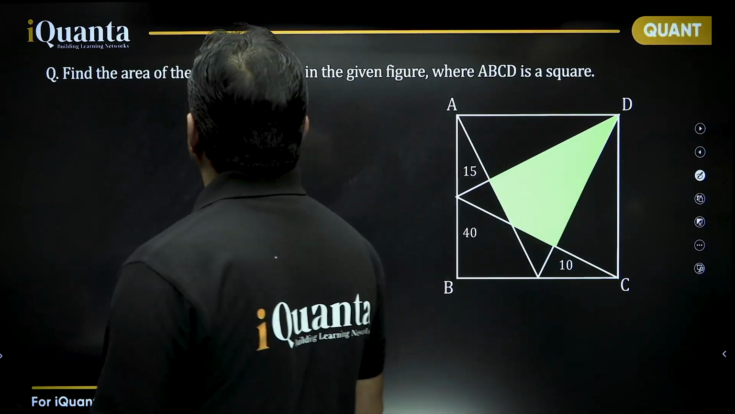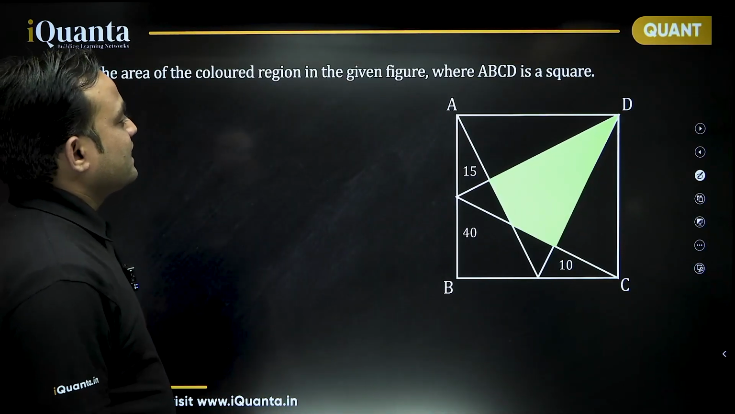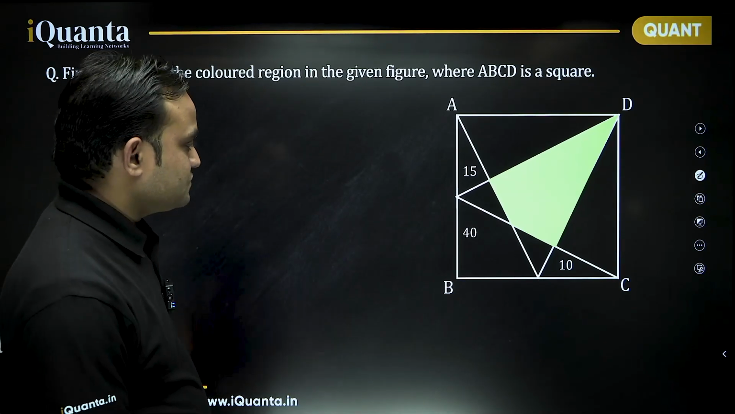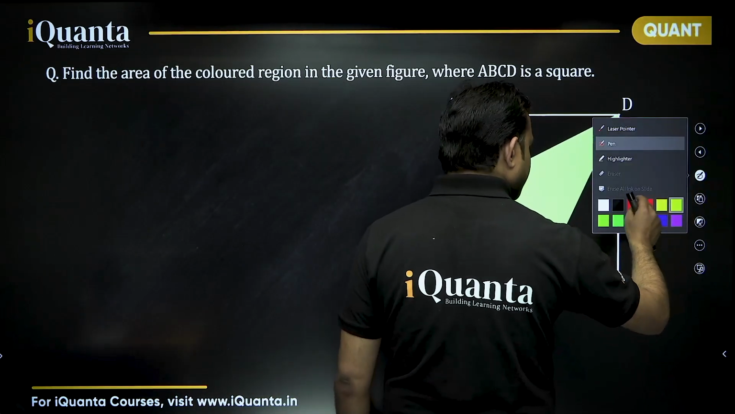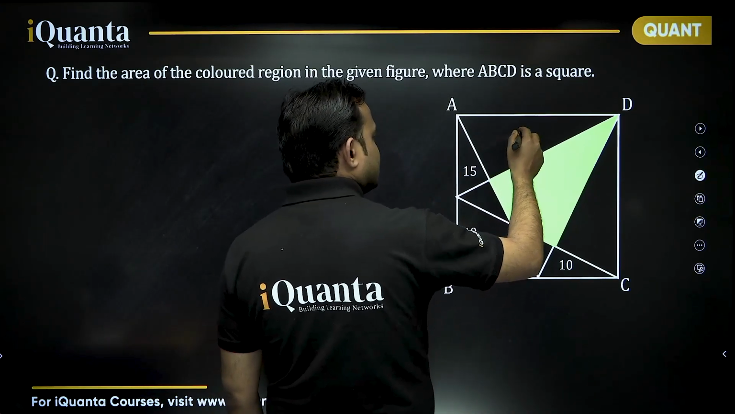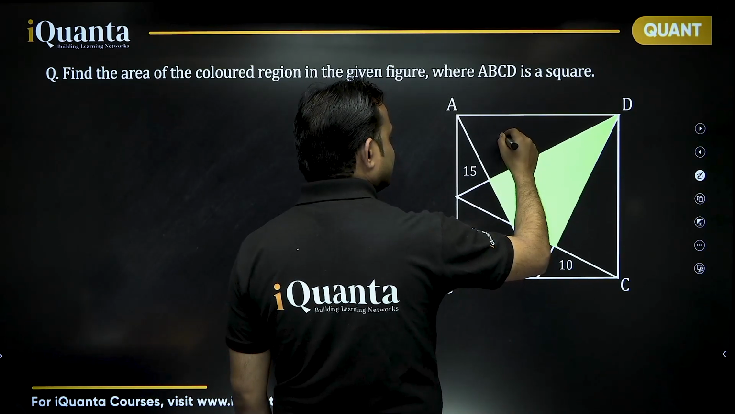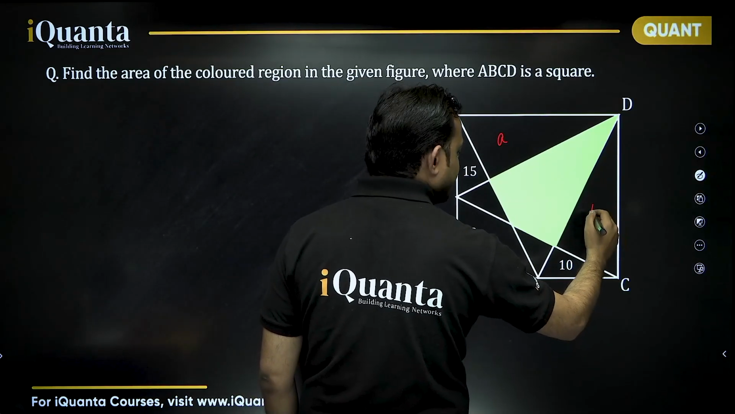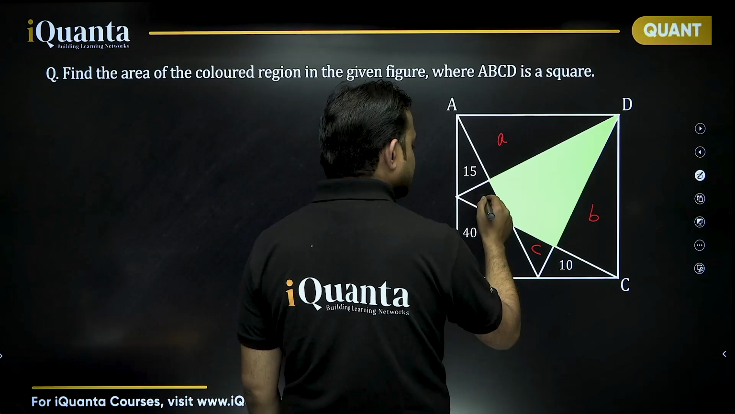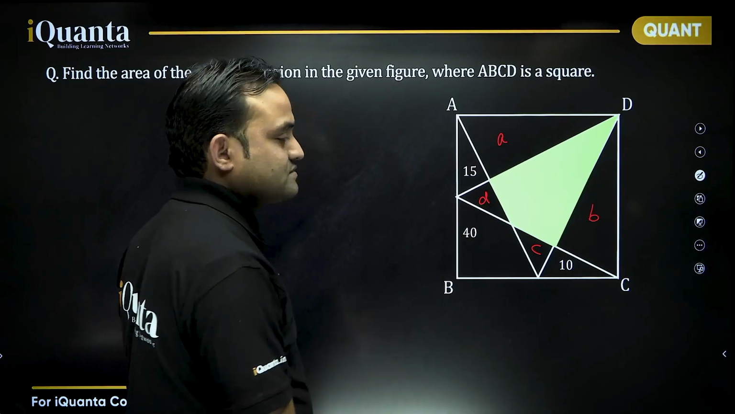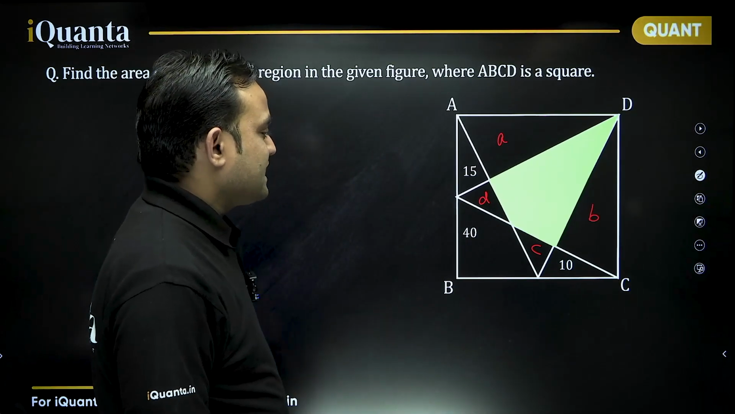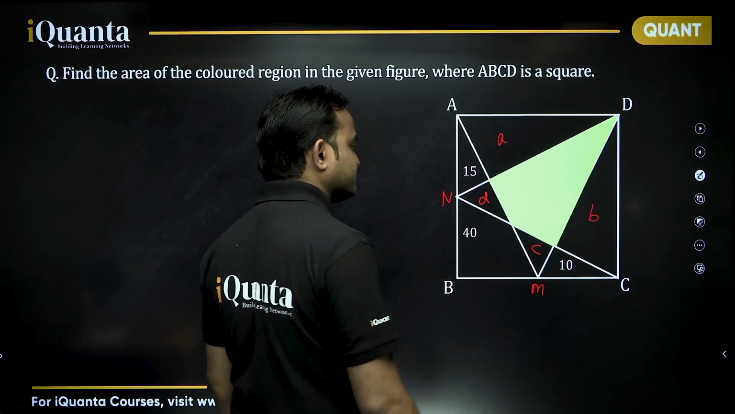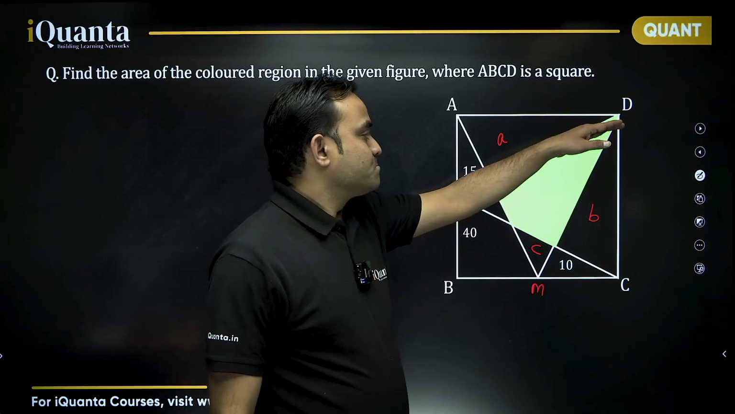Next question, it says find the area of the colored region in the given figure where ABCD is a square. So let's say that this part is, area of this triangle is A, area of this triangle is B, area of this triangle is C, and area of this triangle is D. Now if this point is M and this point is N, can we say the area